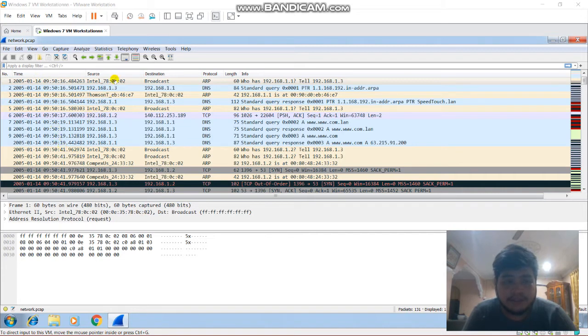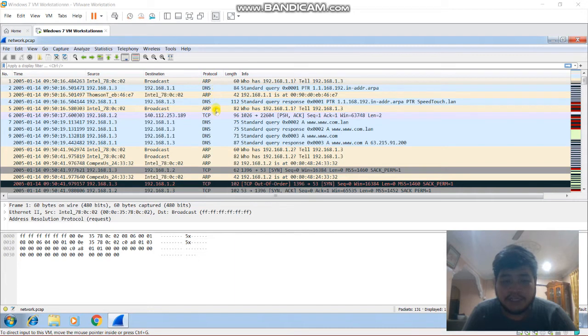The next is the source, which is the column containing the address, IP or other, where the packet originates. The next one is the destination. This column contains the address the packet is being sent to. The next one is the protocol.